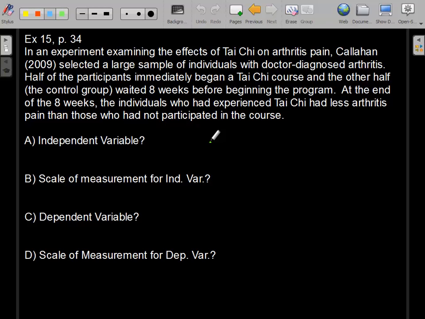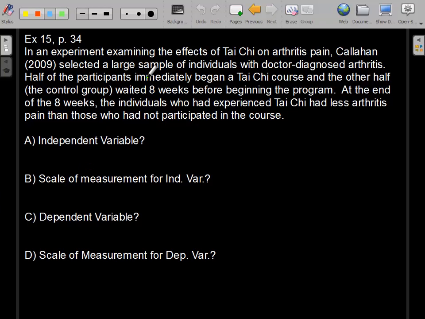Okay, so that was how we were able to control this, and then the manipulation comes from giving the Tai Chi class to half the group, and the other half got nothing. So that's how we manipulated this. At the end of the 8 weeks, the individuals who had experienced Tai Chi had less arthritis pain than those who had not participated in the course. Since this is an experiment, we have an independent variable and a dependent variable, also called the response variable. So with the independent variable, what are we manipulating? What's the thing that we are controlling in this